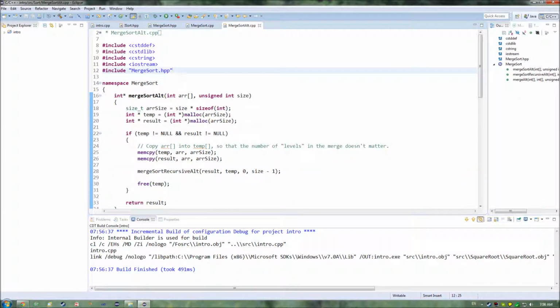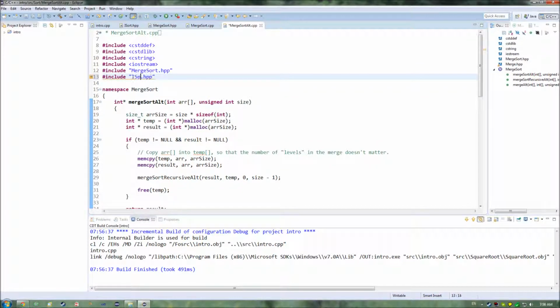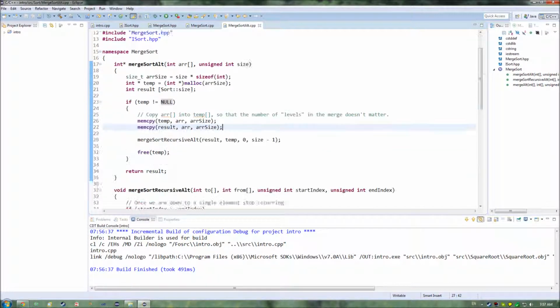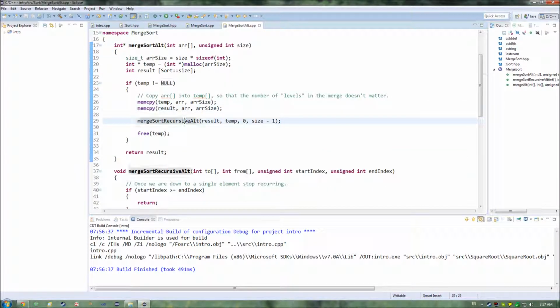Then over here, if I allow this to also include isort.hpp, then rather than this, I could create an array for my result, and we're just going to do this one here, sort size, and then we don't have to use the malloc at all. We don't have to use comparison to null. I can select it and delete it. Actually, we still have to do the mem copy,